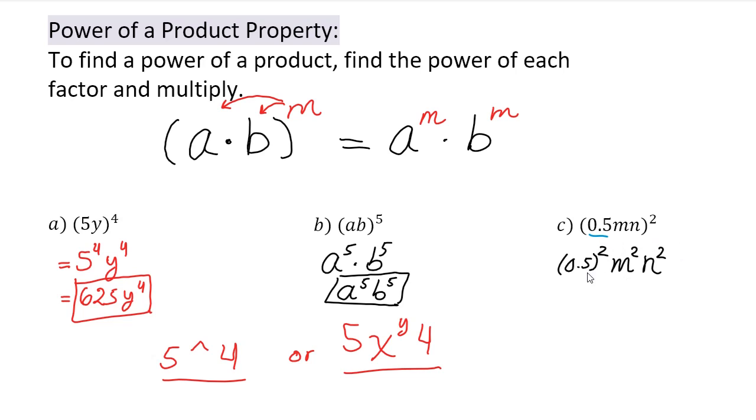Okay, so I need to go ahead and simplify this power, 0.5 squared. So that means 0.5 times itself. So that is going to give you 0.25, and the rest remains the same. So this would be my answer. So please make sure that, once again, if you have powers of some numbers, that you evaluate them, simplify them,